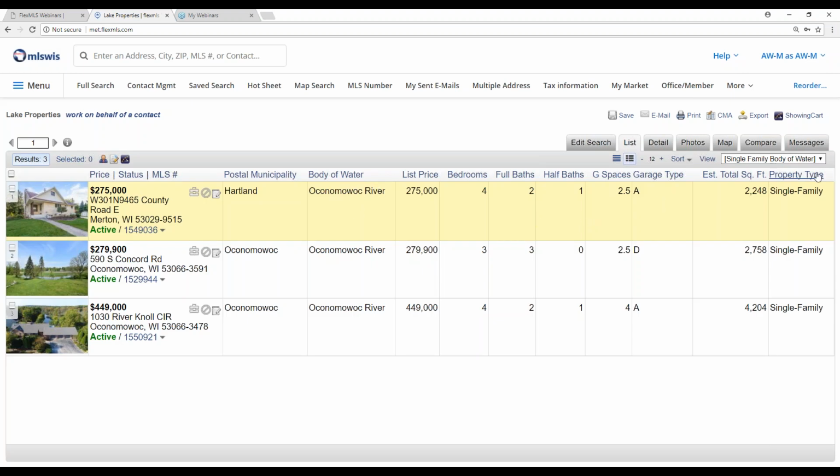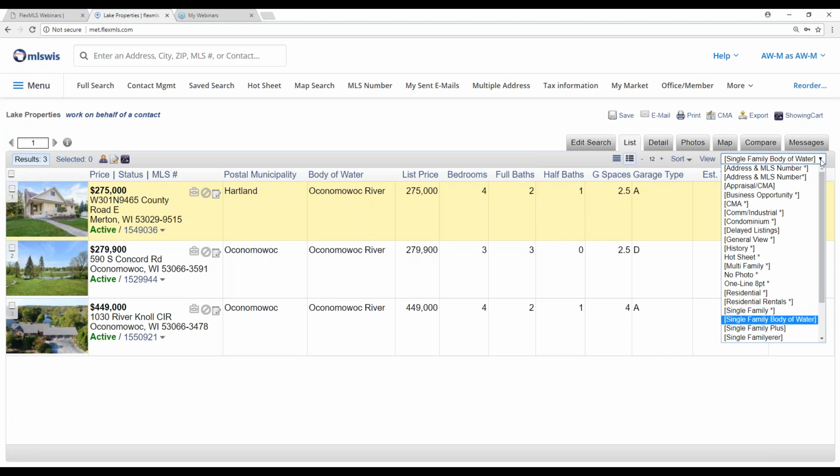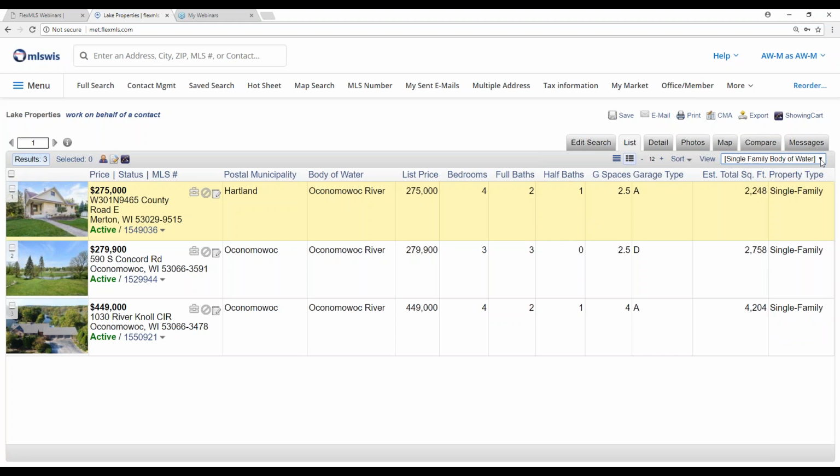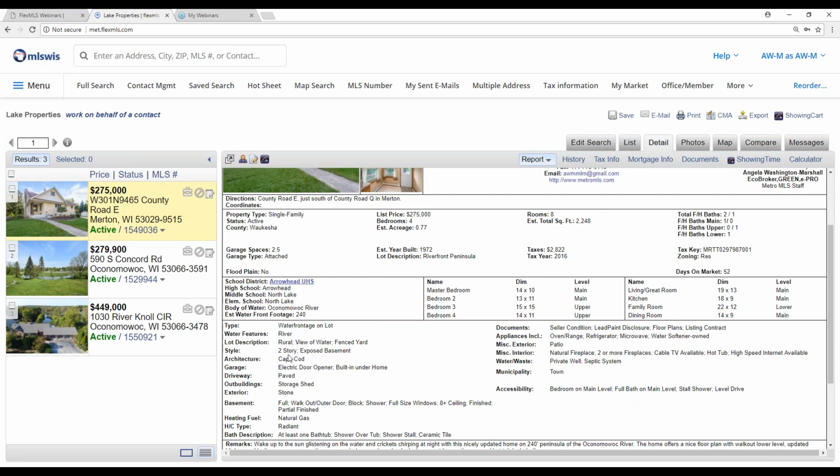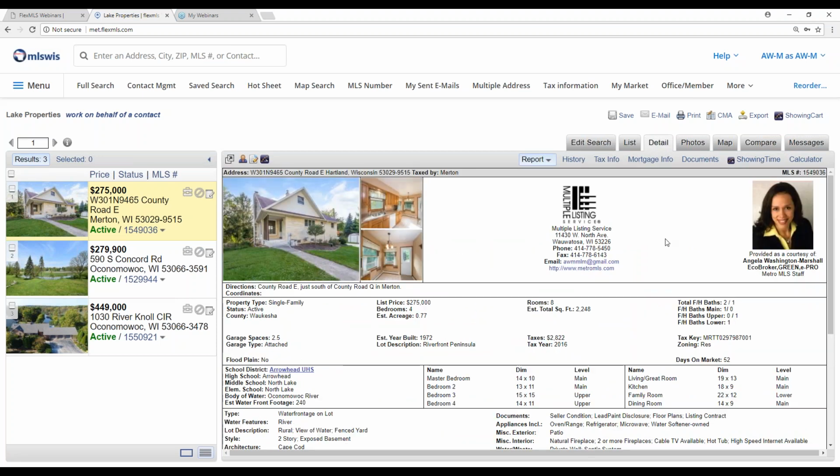And there's the body of water. I've got a view called body of water. So I can see that there and I can see it on a detail sheet. Right there. Okay. If you're curious about the location while you're within quick search to see it on the map,